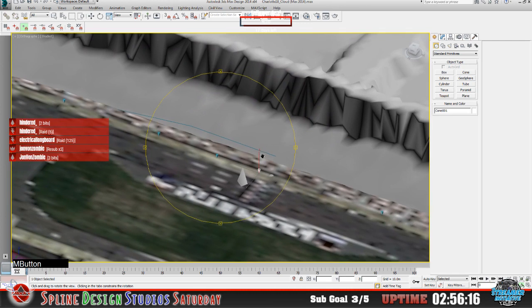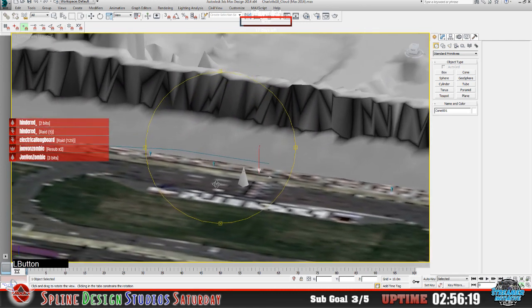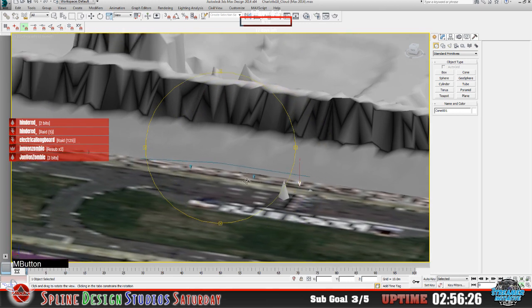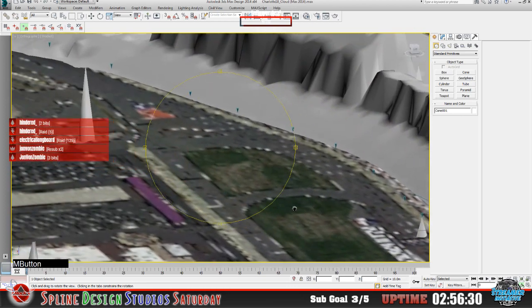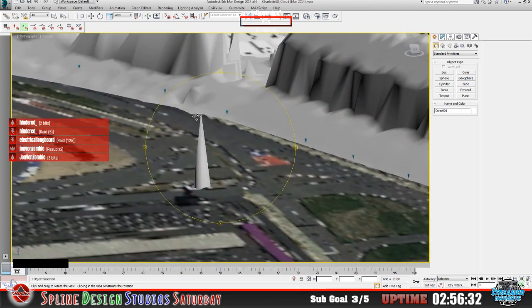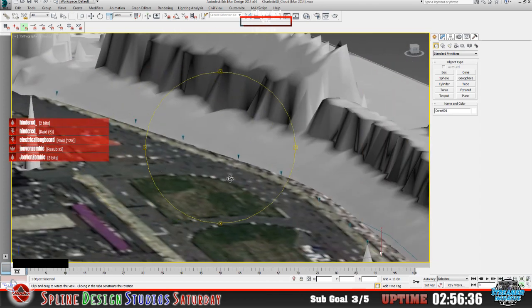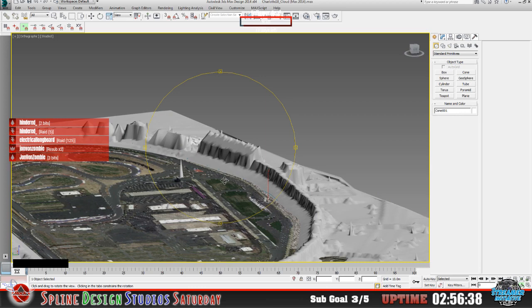And at that point I was not really paying attention to how high it is up from the ground plane or what have you. And then once I have all those control points down, which I have, based on that same thing that I just showed, remove the ground plane, and then